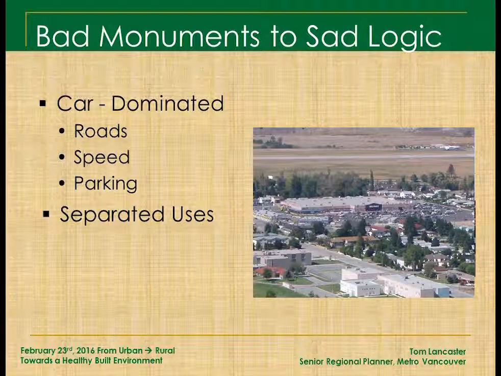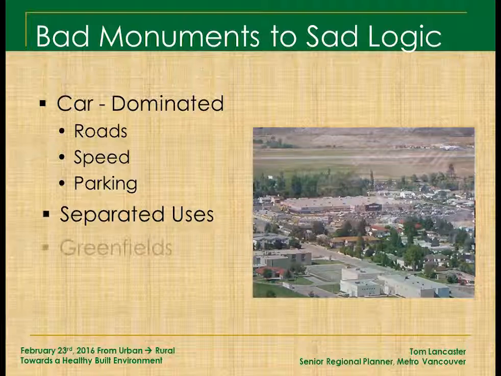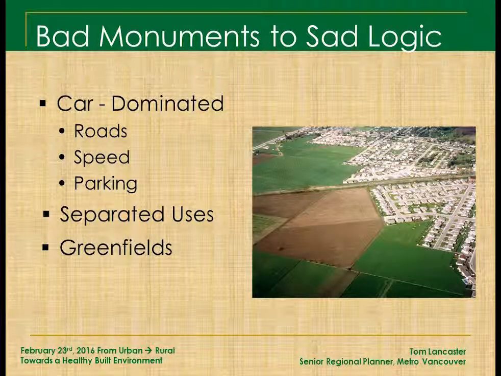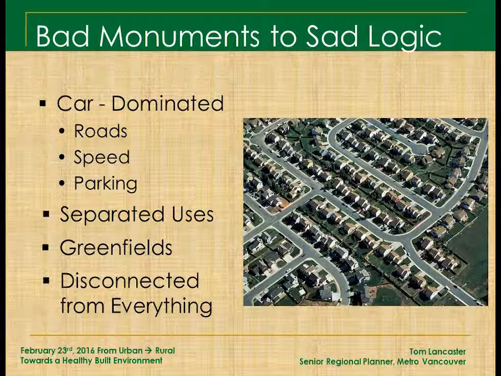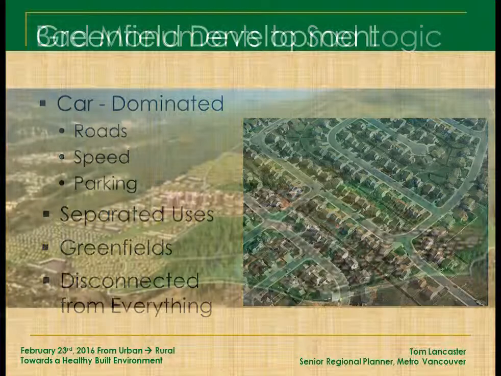We end up with a lot of what's called Greenfield Development. And Greenfield Development, this is a great photo, I love this one. It's like the roads just sort of end right at the field. And you're looking at it thinking, gee, I wonder where that road's going to go in the future. And they're not even pretending that it's a cul-de-sac. They're just waiting for the next ALR exclusion to continue that road and to continue that suburban form. And then you end up with something that looks like this, and residential development is essentially disconnected from everything. And so people are disconnected from everything. And so you look at some Greenfield developments.